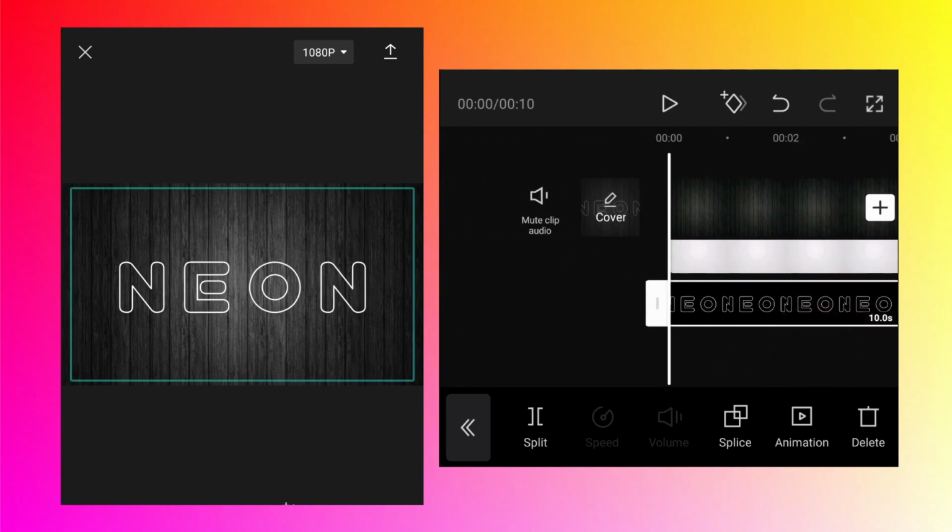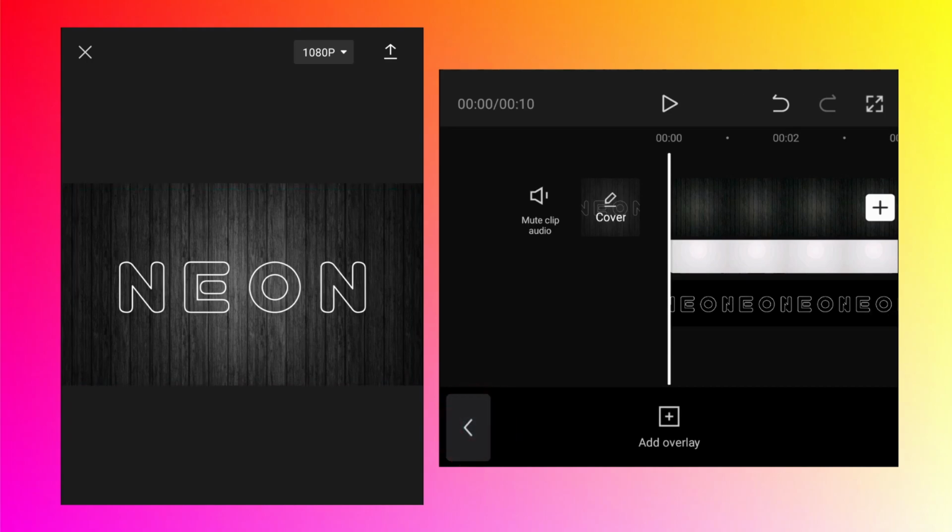The next step is that I'm going to export the video and then create a new project, and then add the effect in the next project. And why? Because if I add the video effect directly in this project, it will be applied to the photos, the wooden texture and the gradient photo, but not to the text image. I don't know why it is so, but that is the case.